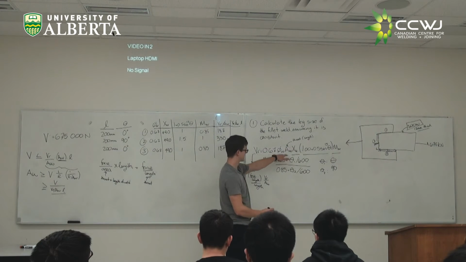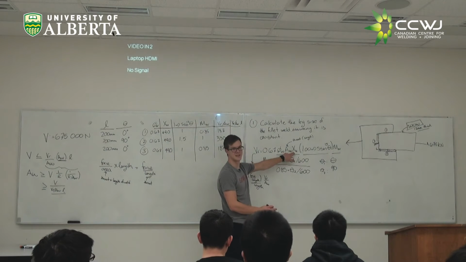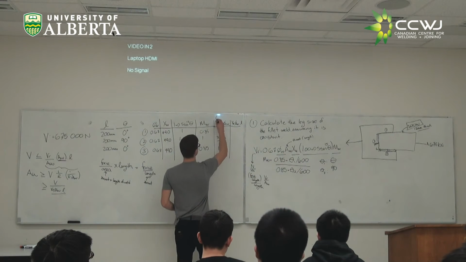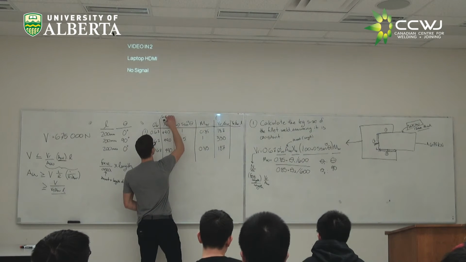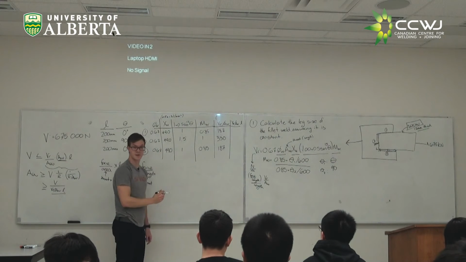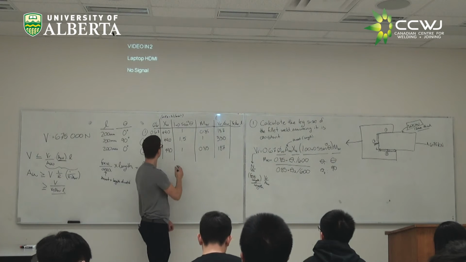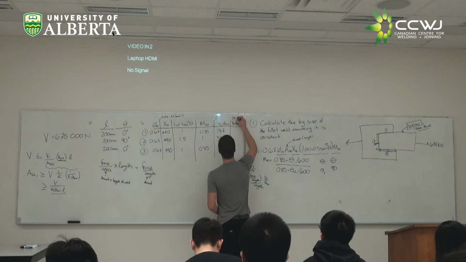Of these terms we plugged in, only one of them has units. That's XU. XU was in MPa, which equals newtons per millimeter squared. So if you plug in L in millimeters, that's going to mean we have over here newtons per